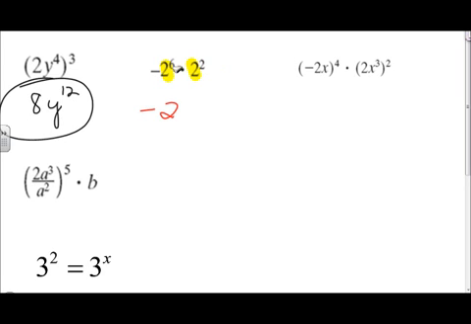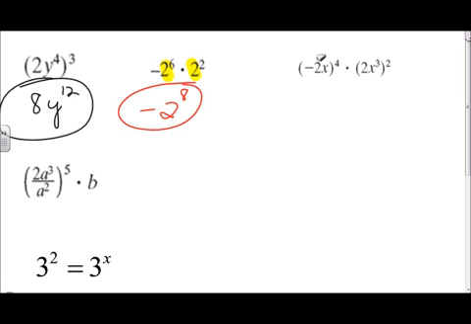And let's take care of the exponent on the 2's. 6 plus 2 gives me an 8. It's not exactly a simplified answer, but I could pick up my calculator and ask my calculator what 2 to the 8th is, and that would give me the final number there. On this one right here,